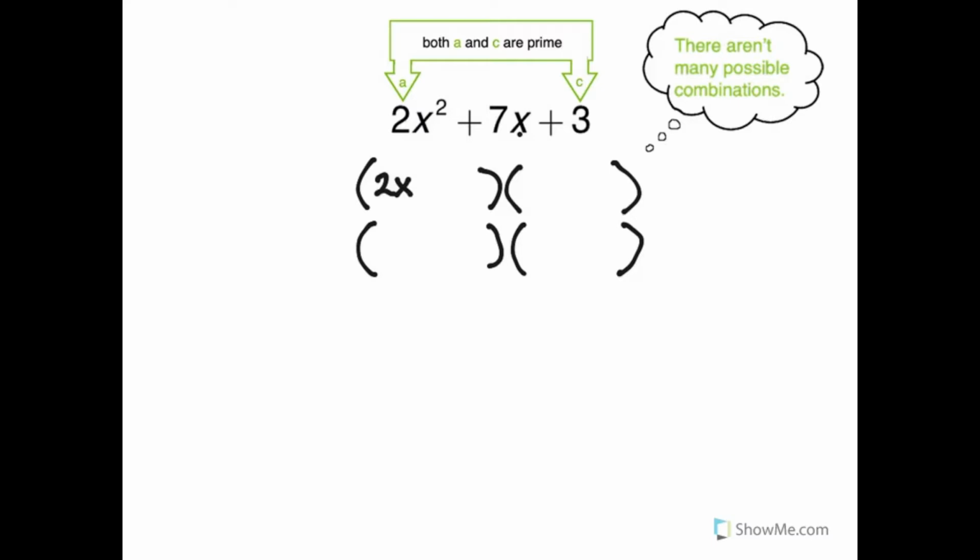In fact, to get a 2 at the beginning, there's only one possibility, 2x times x. And to get a 3 at the end, there's only one possibility, 1 times 3. But the 1 might be with the 2 and the 3 with the x, or the 3 might be with the 2 and the 1 with the x. So in the method called trial and error, I multiply out these two combinations to see which one gives me